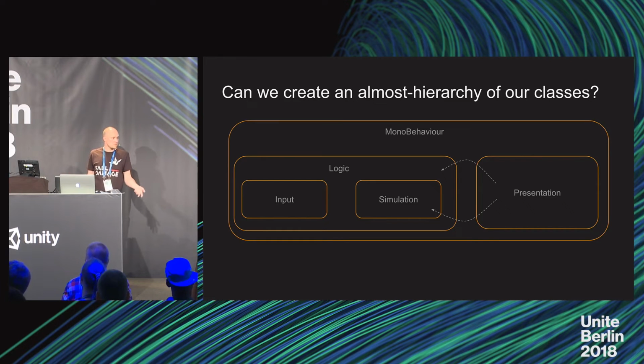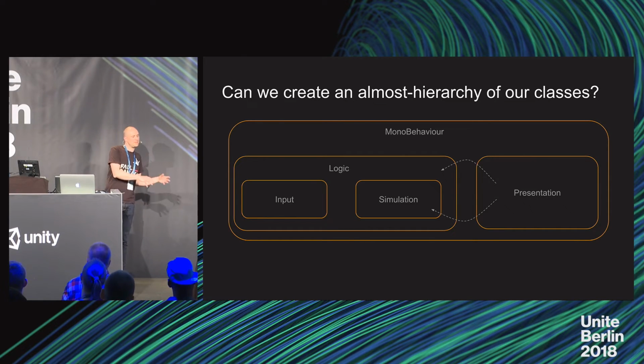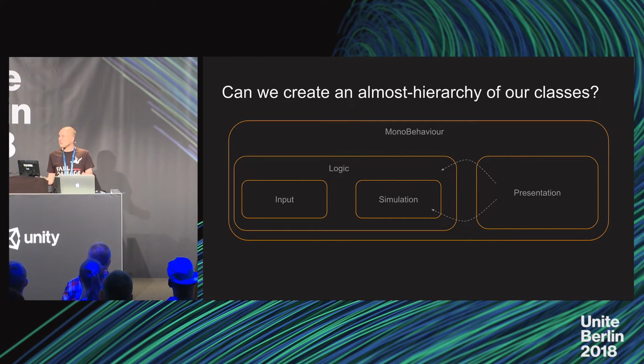Input mechanisms, it shouldn't be a case of someone checking, did I press the W button somewhere deep down within code? Rather, input should be something that happens in a self-contained place where you figure out whether input events are being generated, capture those events, and then feed that into logic, who then decides what's going to happen depending on what the user just did. You can often create a pretty nice hierarchy of this kind.